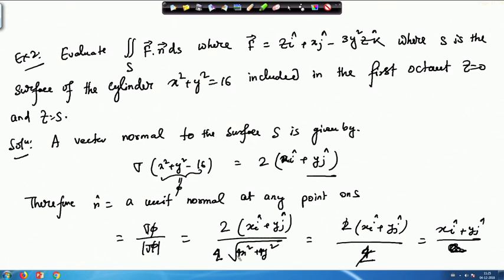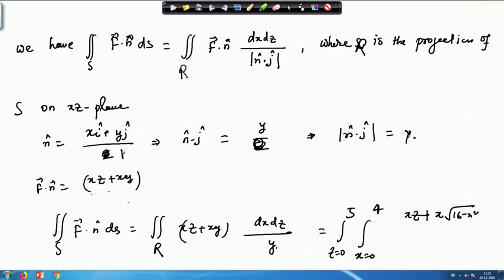So, this is 2, and this will be x square plus y square. So, here it will be 4, right? Yes. So, it will be 4 here, and then there will be a 4 here. So, y by 4, this is also y by 4, and this is y by 4. So, this will be by 4, and this is by 4, and